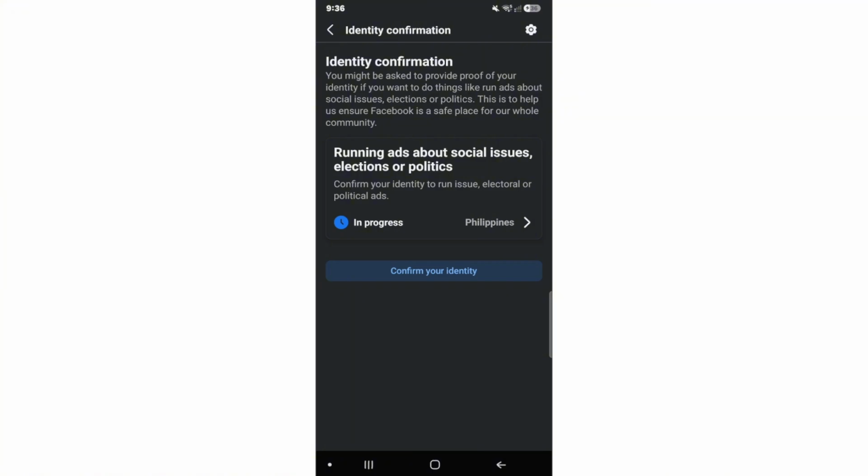So let's say your ID name's Ryan. Now your Facebook profile is Robert. Well, that's not going to work. All right. So when you go ahead and confirm your identity, make sure that your ID and your Facebook profile